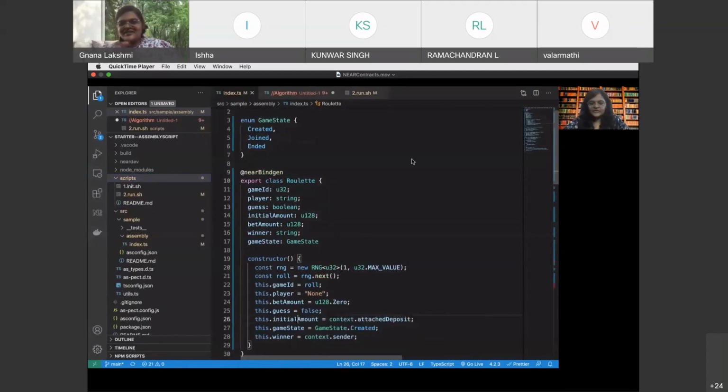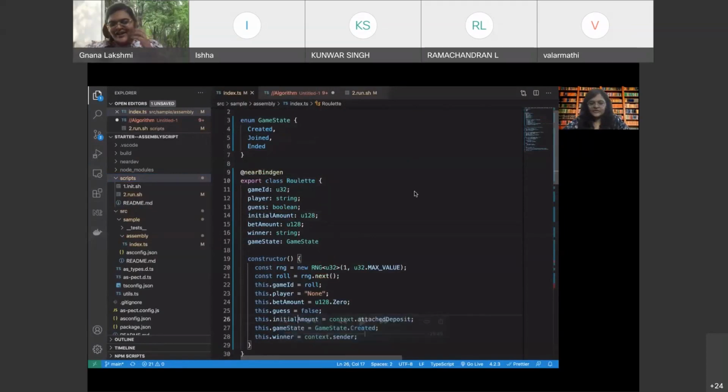All right. So I think we were done with most part of the contract. You are already aware of how to write it and how to write the different functions. As we are almost at the end of the session, we have about 10 minutes left.